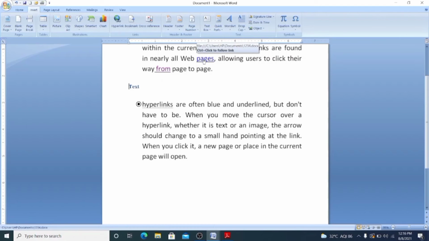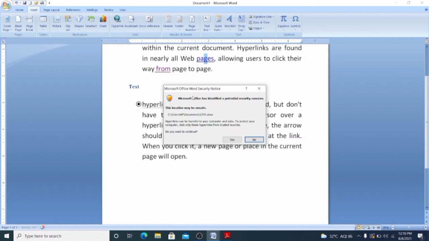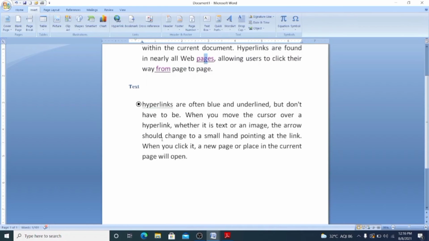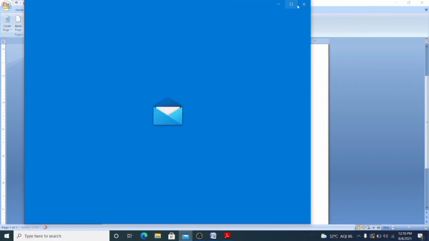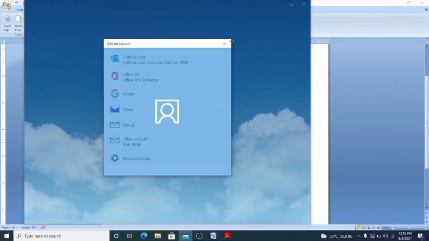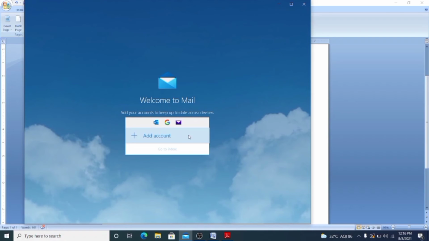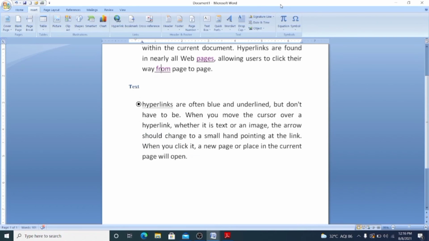The next is in that pages. If I click, then it will move me to that particular file that I have created right now. And in the fourth step, if I click on this from page, it will redirect me to a particular mail ID location. But first the choice is it is already opened in my computer system. I hope you all are clear with the hyperlink practical.